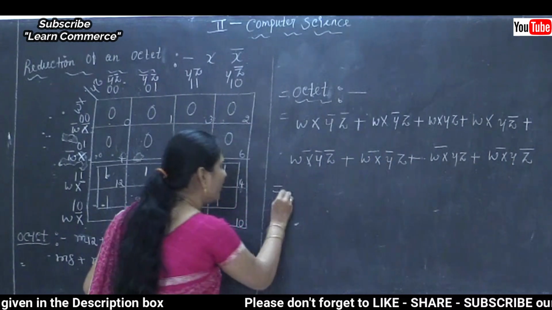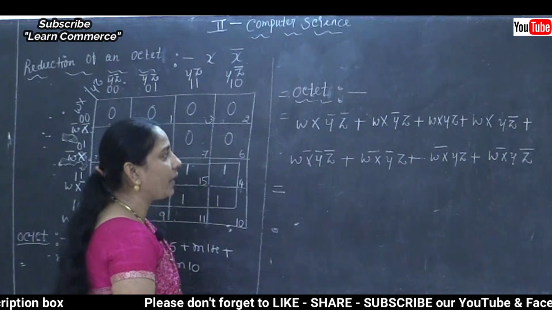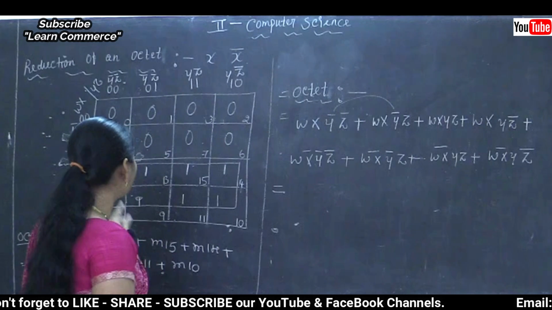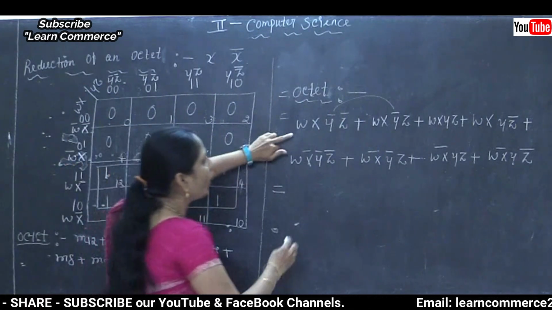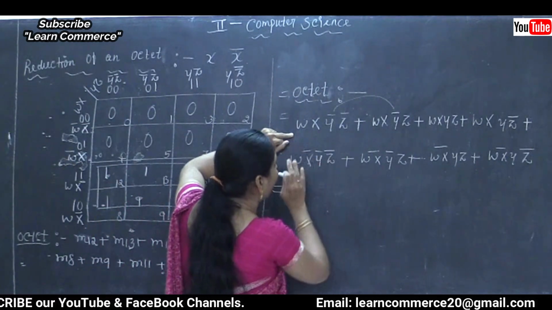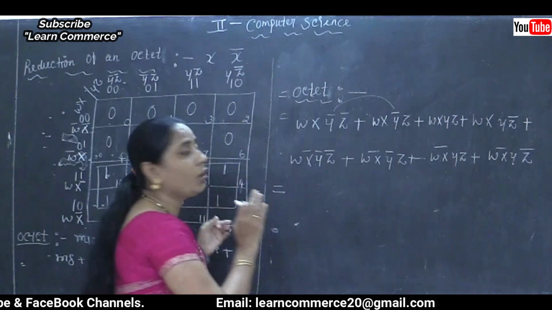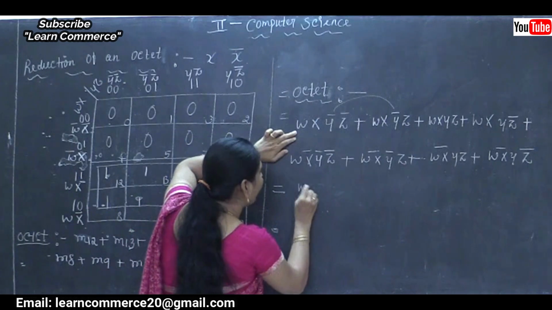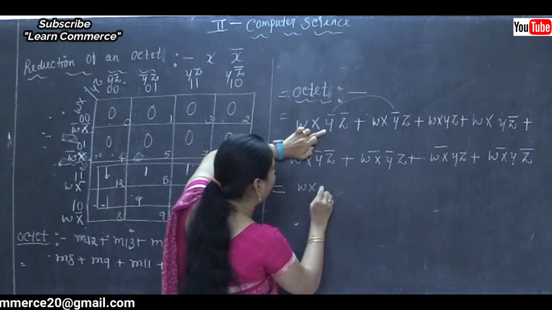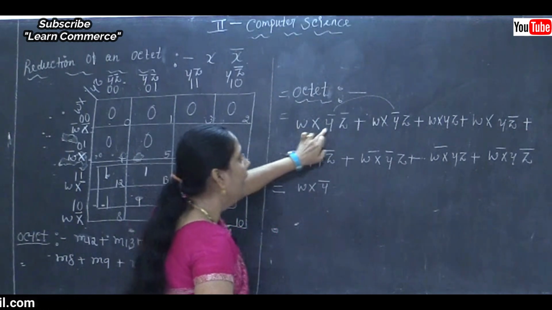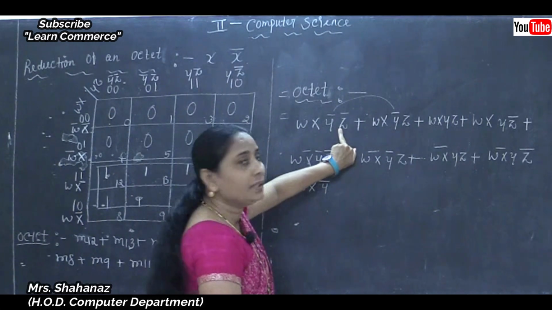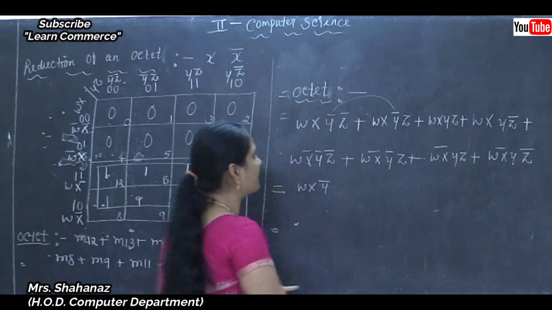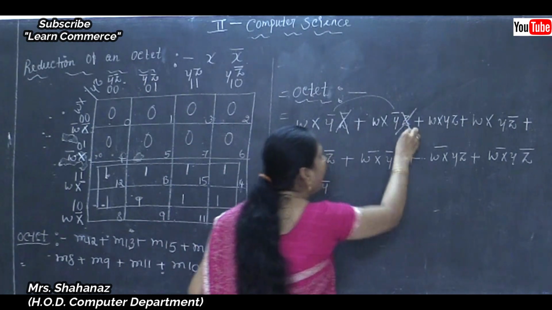Okay. Now I am going to make the comparison between the values. First of all, I am going to take the values 12 and 13. Now I am going to compare whether the values are equal or whether there are any changes. So WX, there are no changes, and complement Y also the same. But when you compare, the 12 value has complement Z and the next 13 value has Z, that means sure we need to remove the variable.